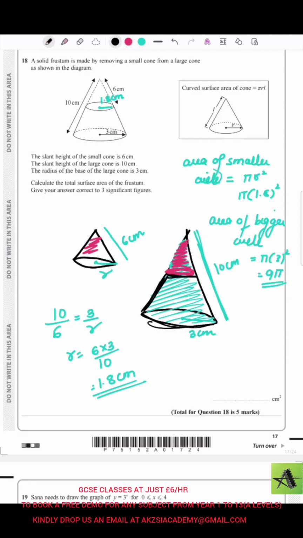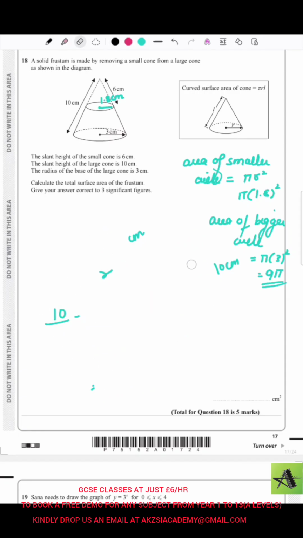That is actually the curved part of the frustum. So to calculate the curved surface area of a frustum, it would be better if I write: area of curved surface